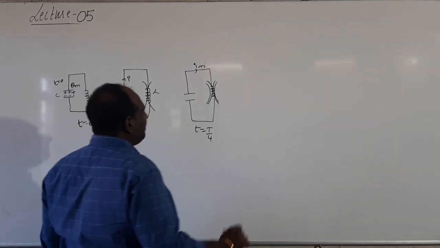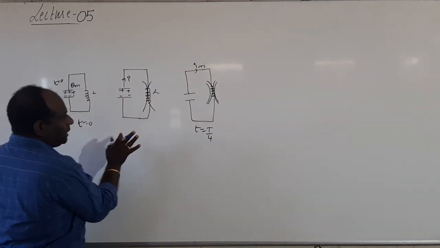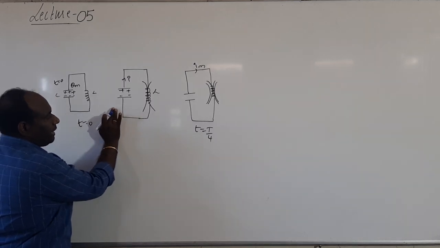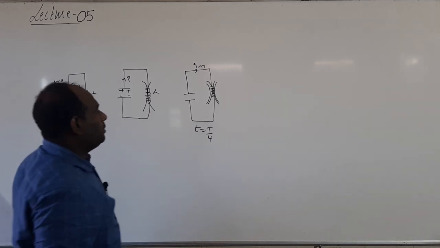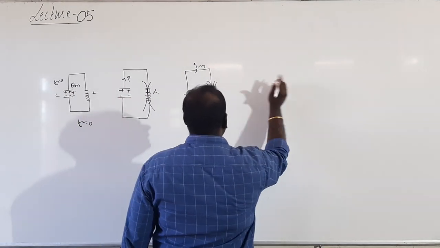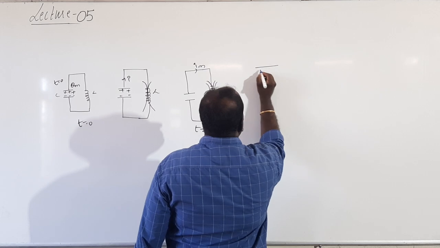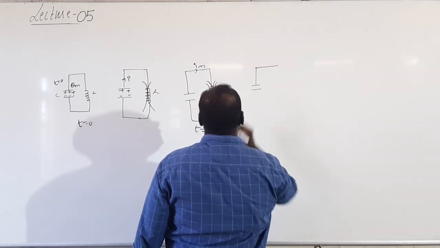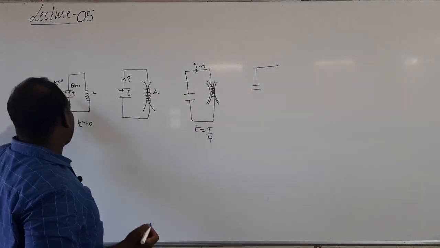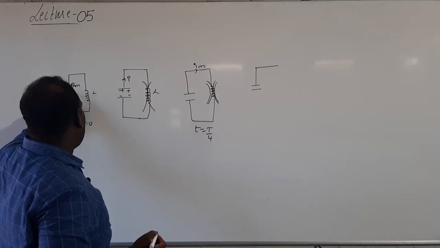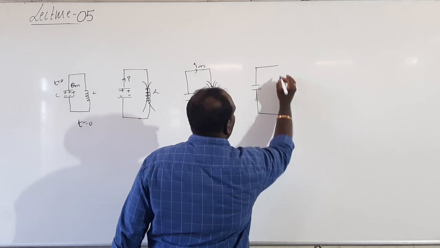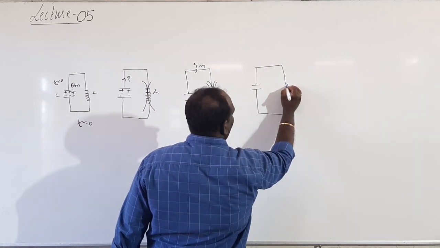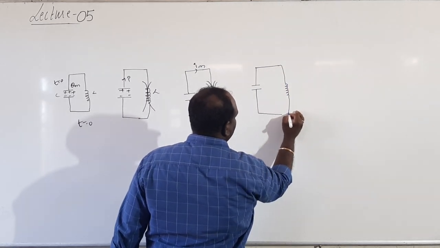Then what will happen here? During this process, the total energy stored in the capacitor is transferred to the inductor. Now the inductor sends current to the capacitor. Then in this case, what will happen? A reverse current flows. Initially, from where to where is current flowing? From the upper plate to the lower plate. Now in the second phase, current flows in the opposite direction.